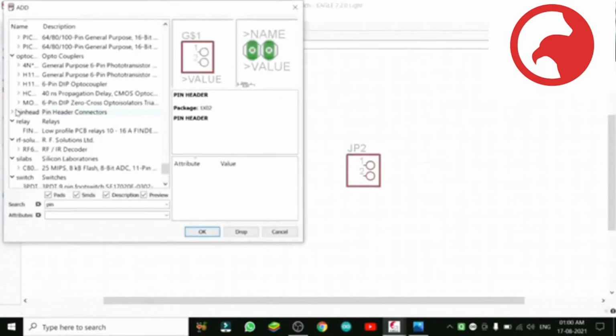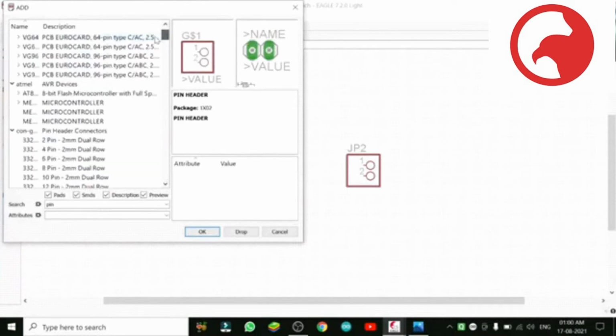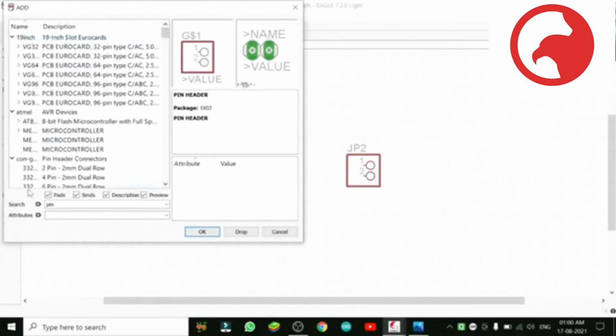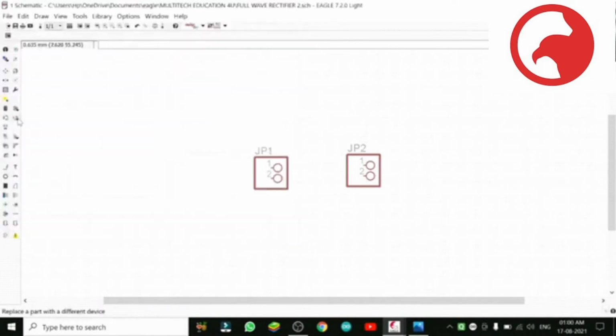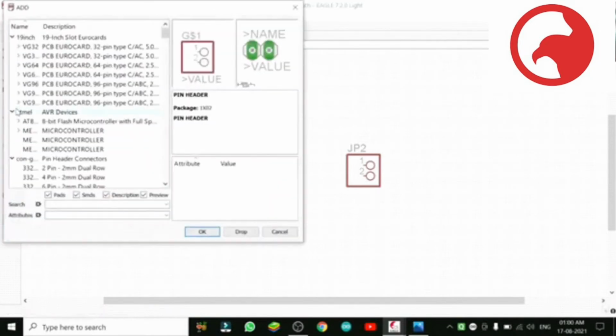So now we have got the 2-pin heads. We'll go back to the library again, and we have to close that folder first. Otherwise, if we want some other component and write its name, it will start searching in the folder we opened before. So it is better to always close the folder.